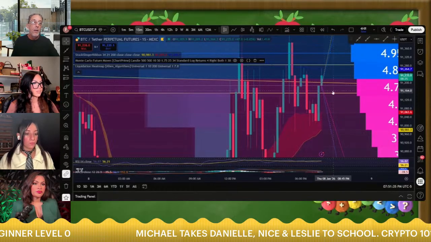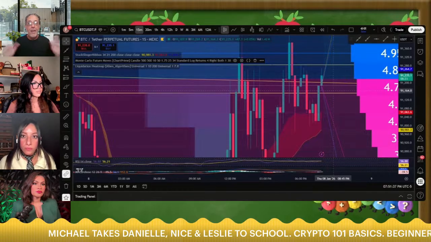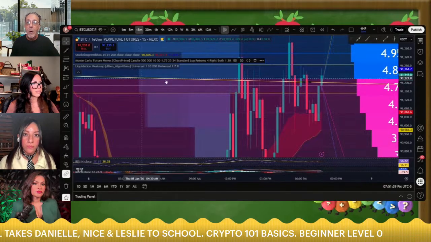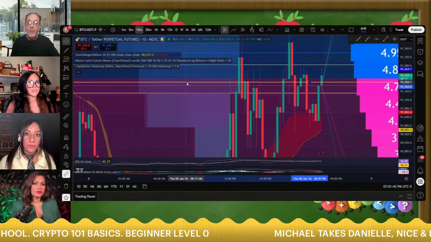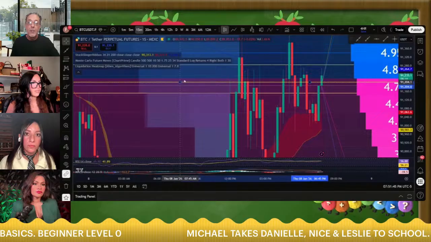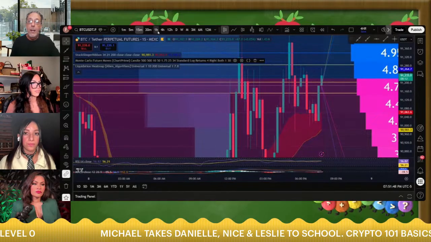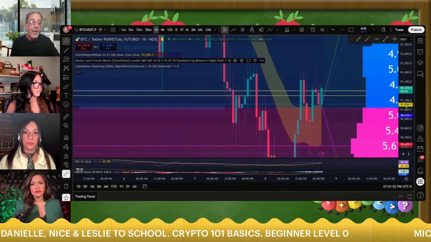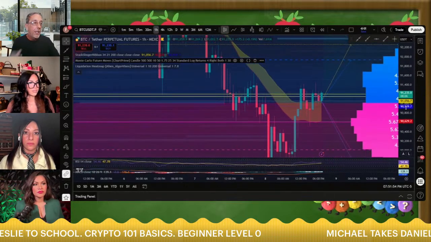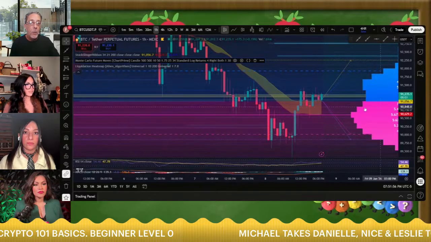So this is a little bit longer trading. I'm not gonna make any wild and drastic move right off the bat. I'm gonna wait and see what happens on this 15-minute candle. You can also come over here and trade on the 1 hour chart. If you're like, hey, I'm at work, I don't have time to sit here and watch this thing every 5-10 minutes or whatever it is.